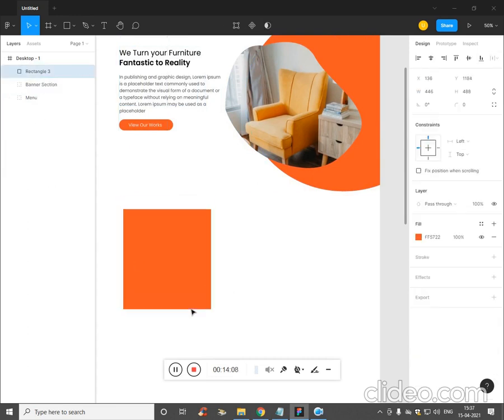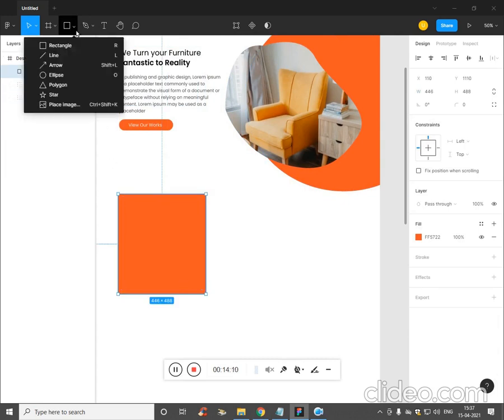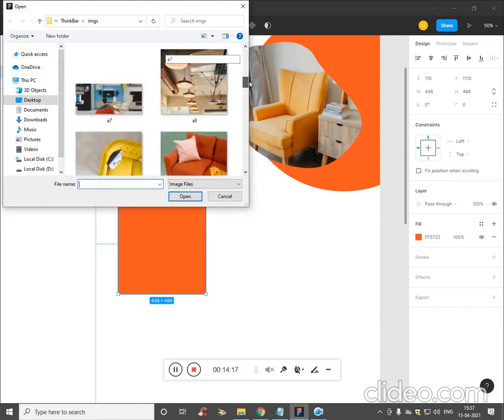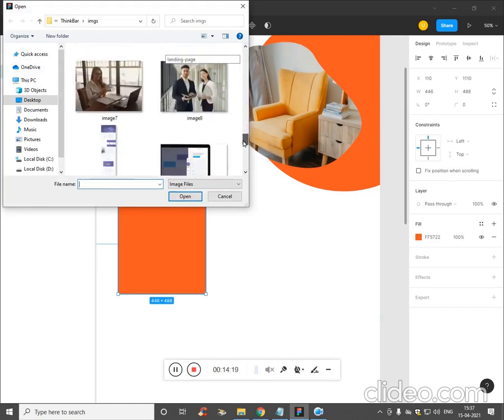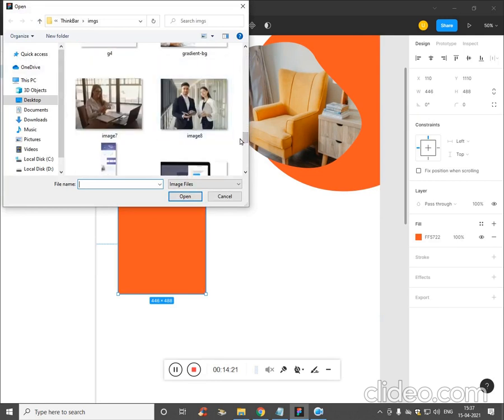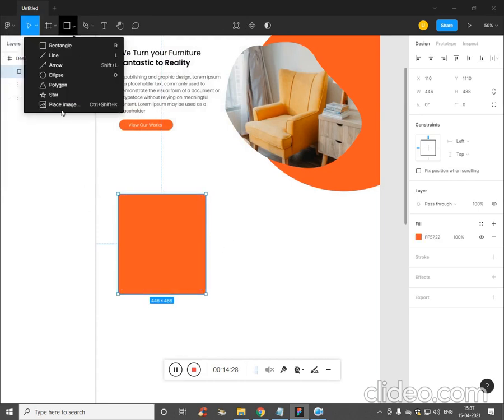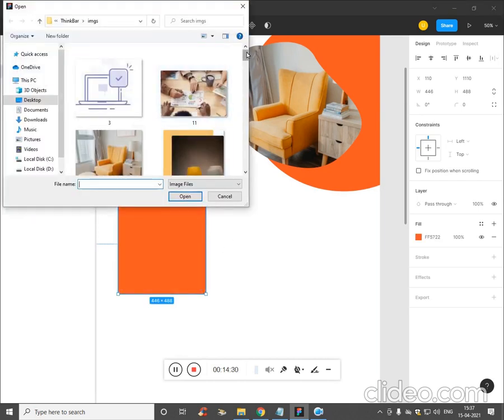We've added a rectangle. Now let's add an image. Place image. Place whichever image suits you. Let's add this. Okay. Not inside, but you have to place it outside.